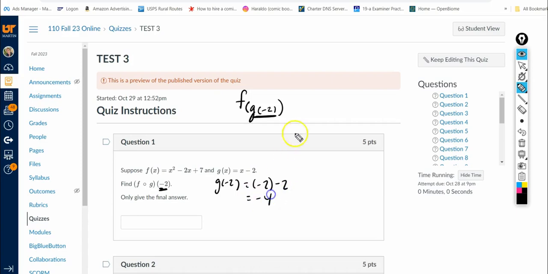And so that's going to be -4. And so now we want f evaluated at -4. And so if I use this formula, but I plug in -4,